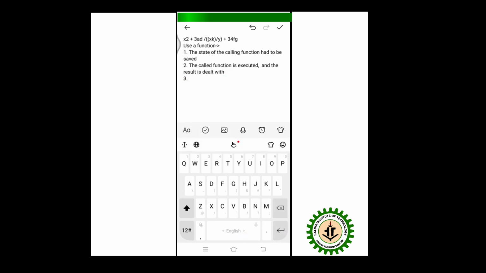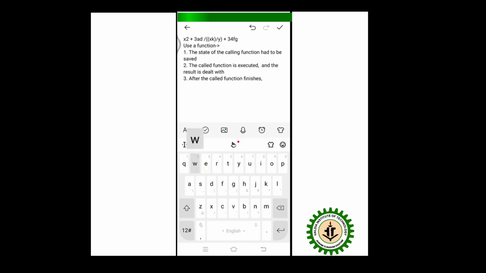And number 3, after the called function finishes,